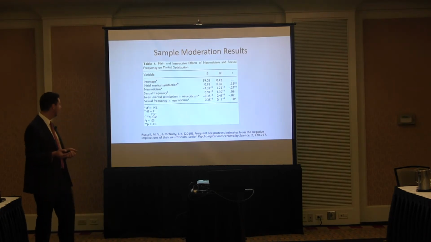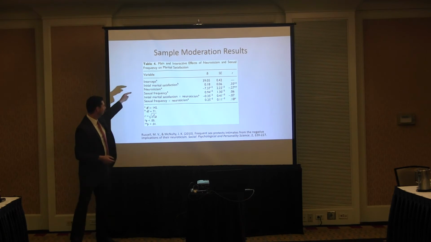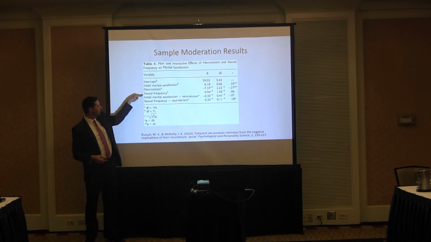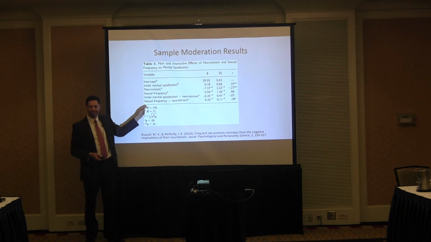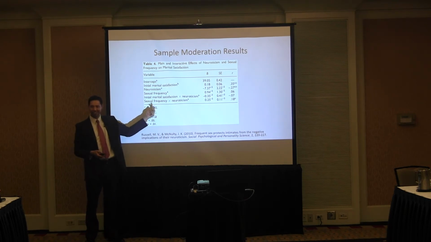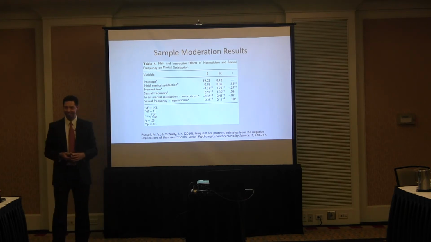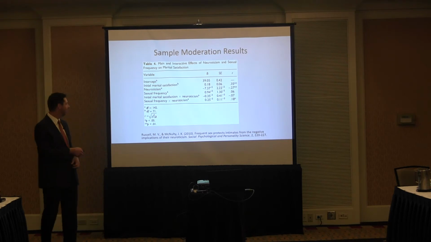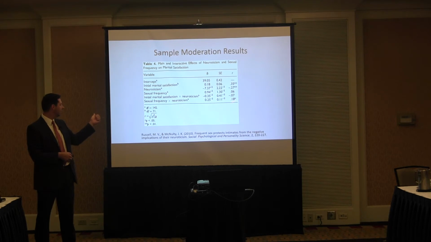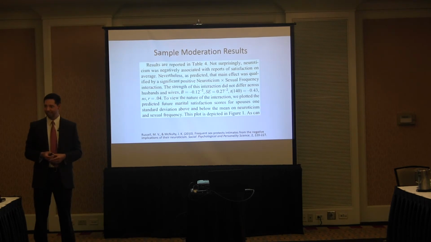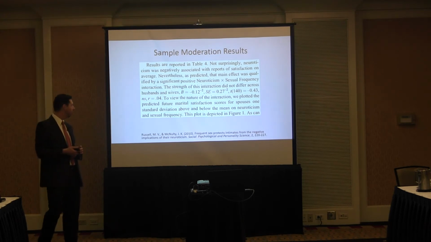So let's look at what he found here. You could see this intercept, neuroticism, sex frequency, and the interaction. We could plot our own figure from this as well, couldn't we? He computed an interaction term in just the same way we did, except he didn't standardize them. But anyway, this interaction term is significant, this 0.18. So we can plot it. We were plotting it as a line graph. You can also plot it as a bar graph.